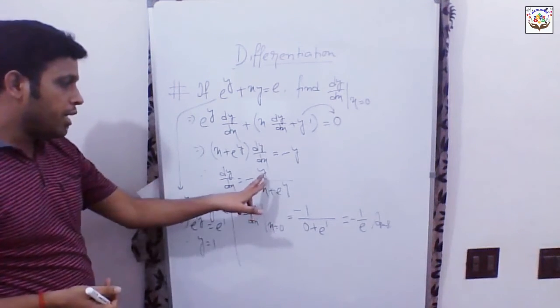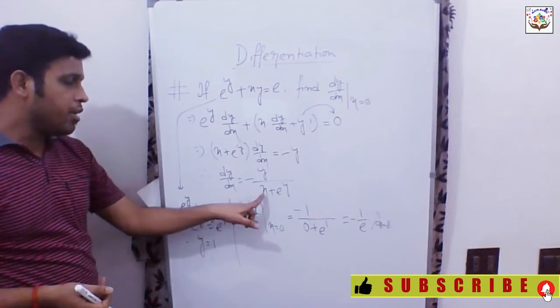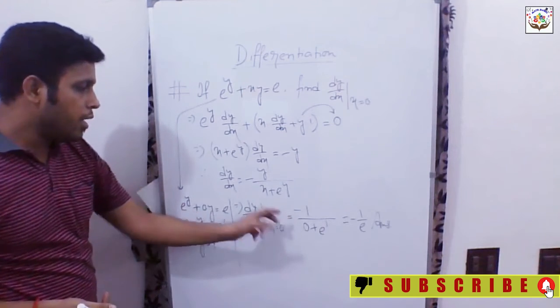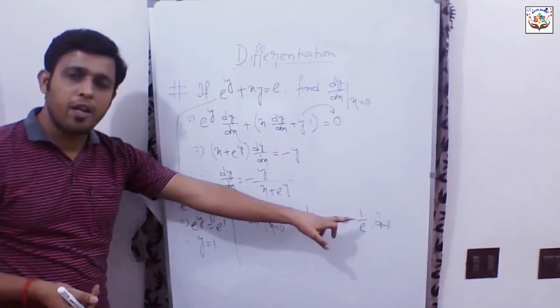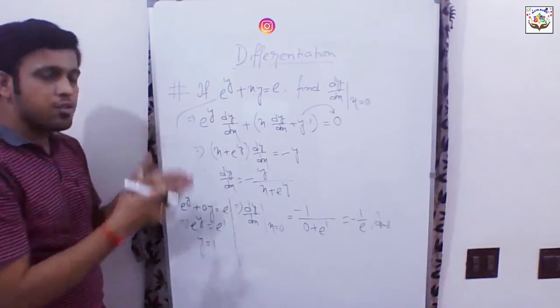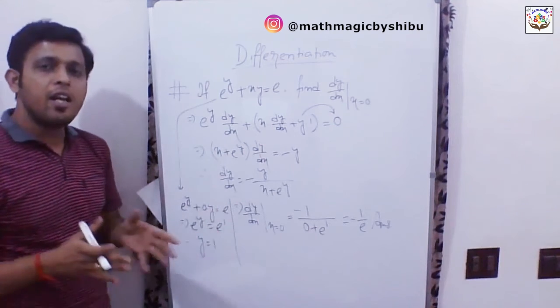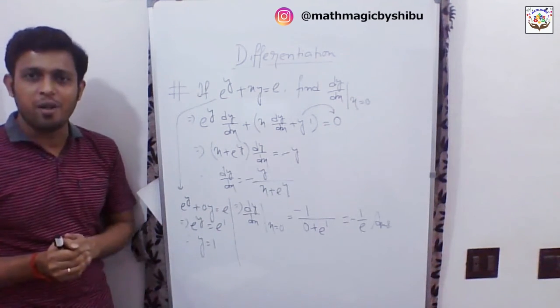So what I am putting in the main dy/dx, in place of y I am putting 1 and in place of x I am putting 0, right? So it will be minus 1 by e. So minus 1 by e would be the answer. Just follow step by step. If you require, you can pause the video and understand. It will be easy to understand, right? So we'll move on to the next problem now.